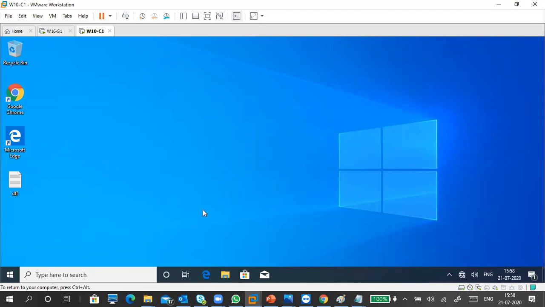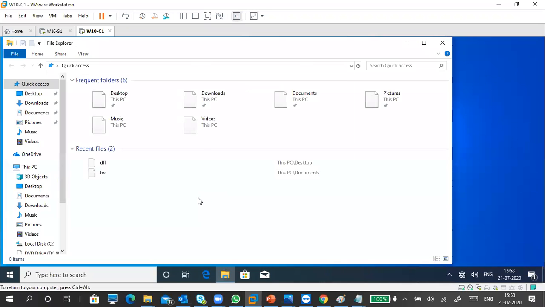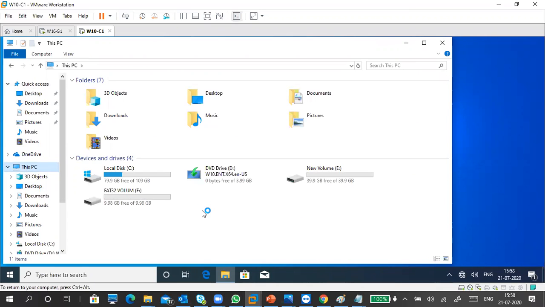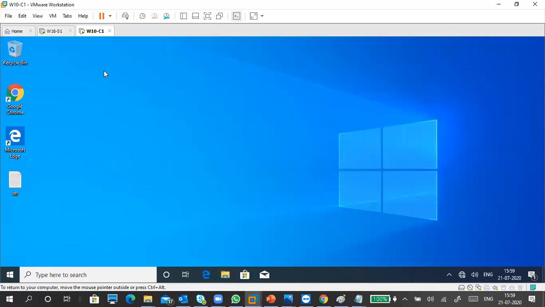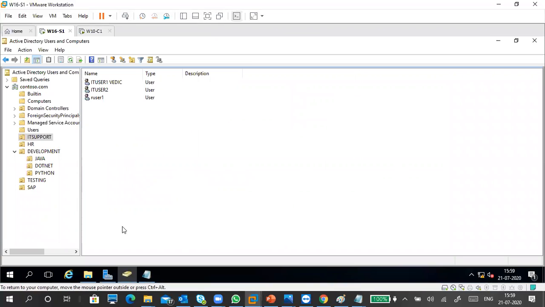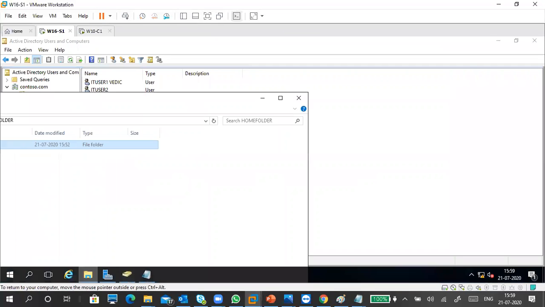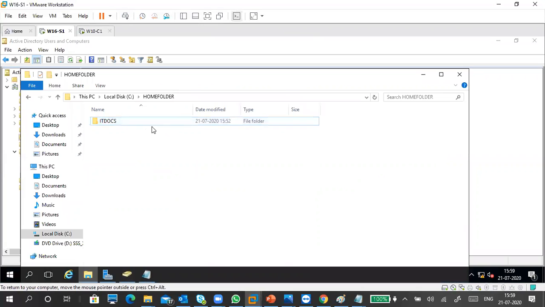Okay, it is open, go to Explorer, Windows E. Windows E means File Explorer. Very good. It is not mounted. Okay, it is not mounted. So then your practical has failed. So IT docs correct only.